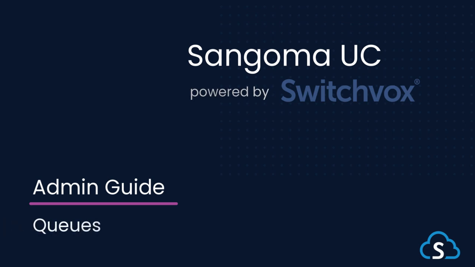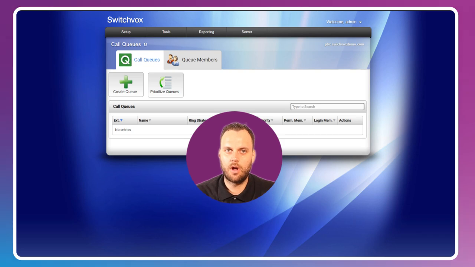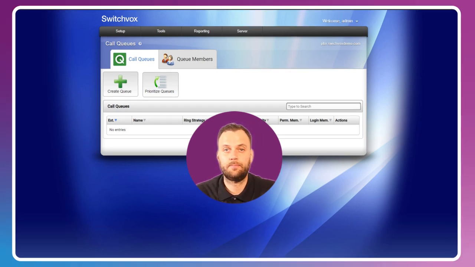Call queues are used to manage calls when there are more callers than there are agents to answer them. An example of this is when a caller presses 1 from an IVR menu to reach sales or support, and they're put into a call queue and hear some music while they wait for their call to be answered by the next available agent. Queues can be simple ring groups to allow multiple users to be rung at once or in a pattern, and become more advanced from there.